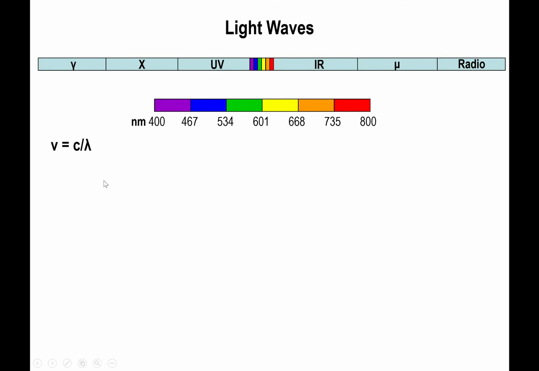Okay, so what we're going to do is look at the visible light given here in terms of wavelength, specifically 400 nanometers, 467 nanometers, up to 800 nanometers. Okay, so we have the units here. What we're going to do is use the data given to calculate first the frequency of these values. And the frequency in terms of wavelength is given by the speed of light divided by the wavelength. So you want to input the speed of light, 2.998 times 10 to the 8 meters per second. What you would notice is that if you divide that by the wavelength, let's say the 400 nanometers wavelength,